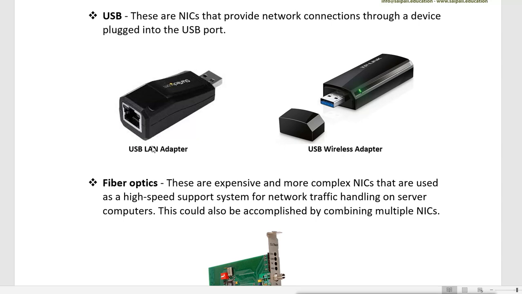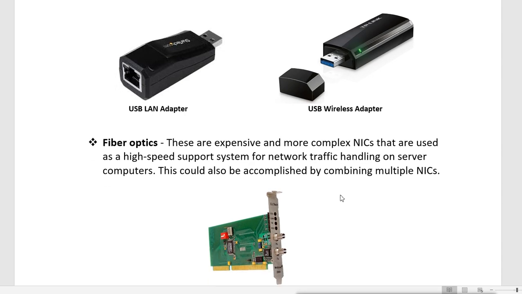It is also for the USB LAN adapter, where one side is the USB port that you insert into the USB, and on the other side you connect your LAN cable, your RJ45 connector. And it even comes as a wireless network, that means wireless LAN, a USB wireless adapter. You connect the USB port into USB, and the other side is a wireless adapter that connects your machine to the wireless network. And it does not need any antenna, it is a small device.